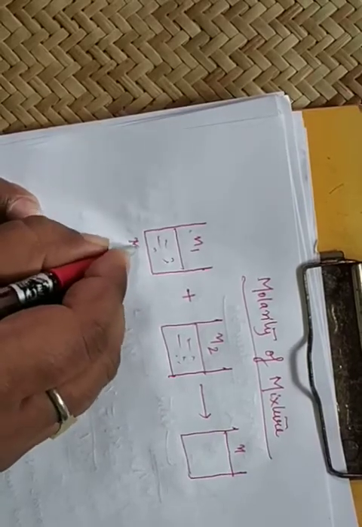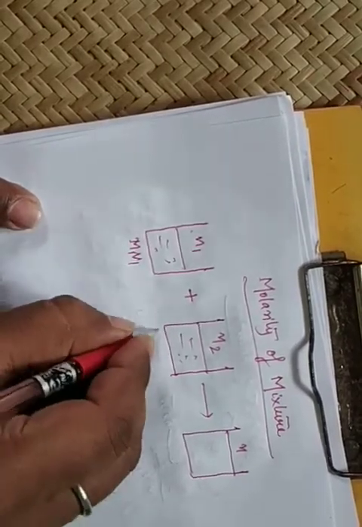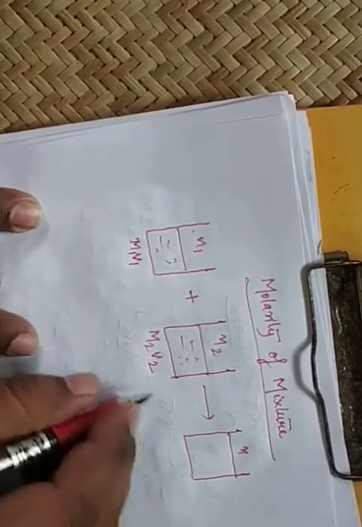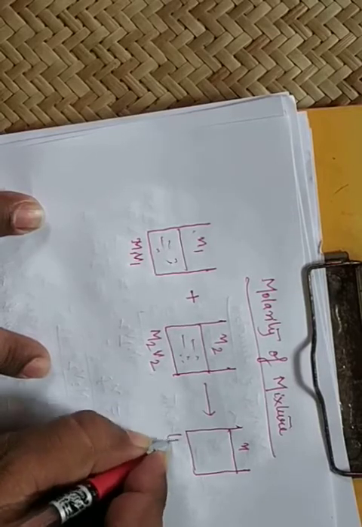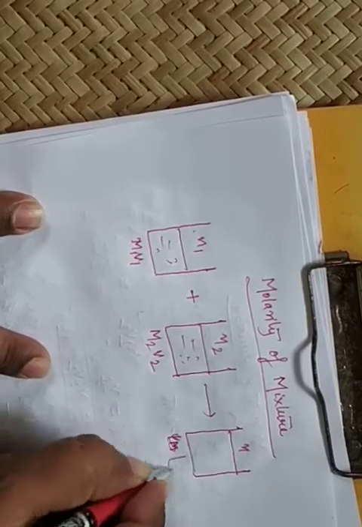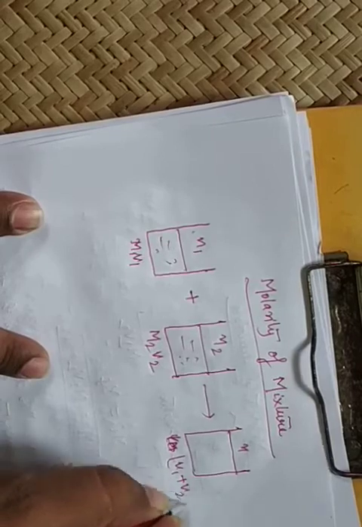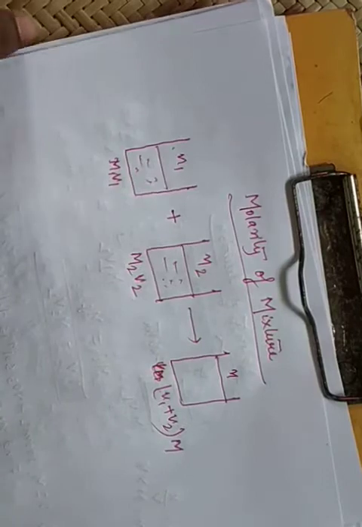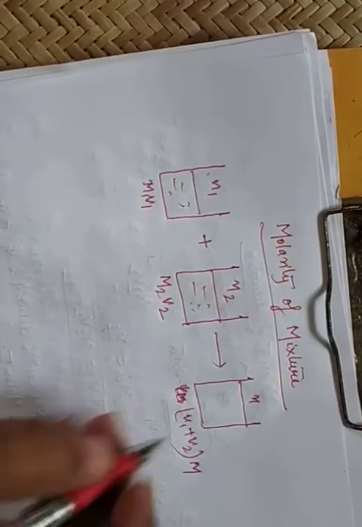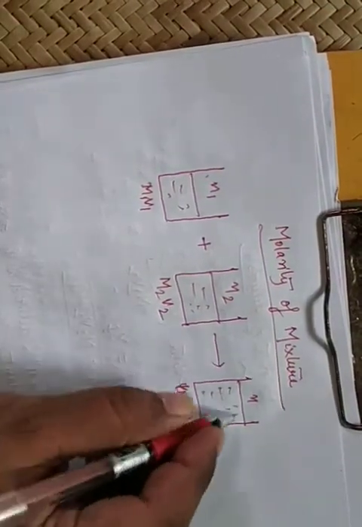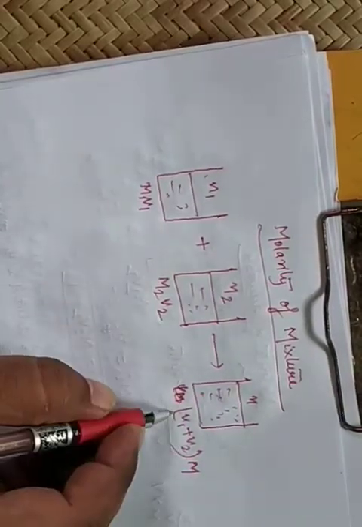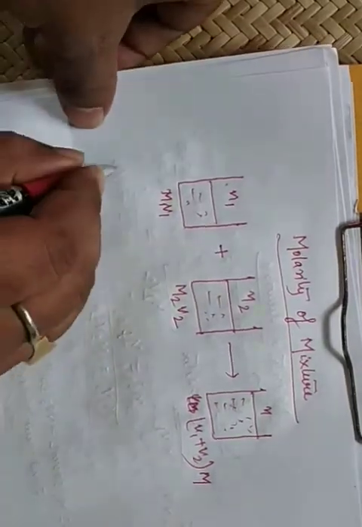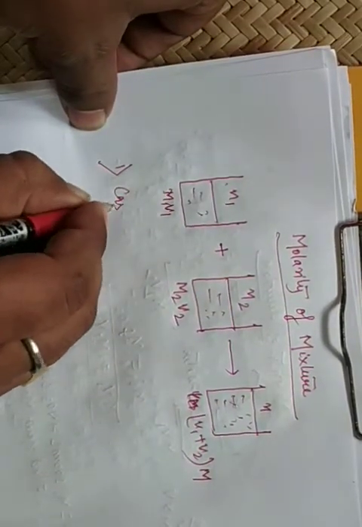Now in this case the concentrations are M1, V1 and M2, V2, and there is V1 plus V2 and M3. M3, yeah, you write M also. Okay, clear? Now in this case the volume increases. It means V1 plus V2. Same for molarity of dilution. Now suppose, very interesting topic, case 1.